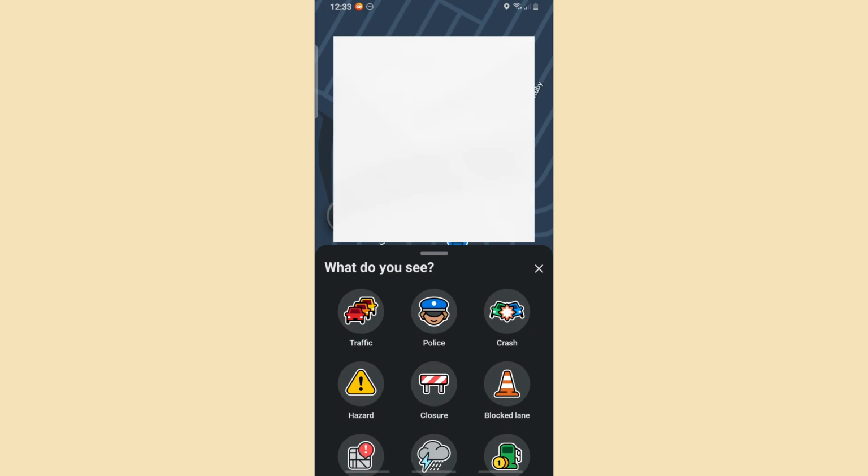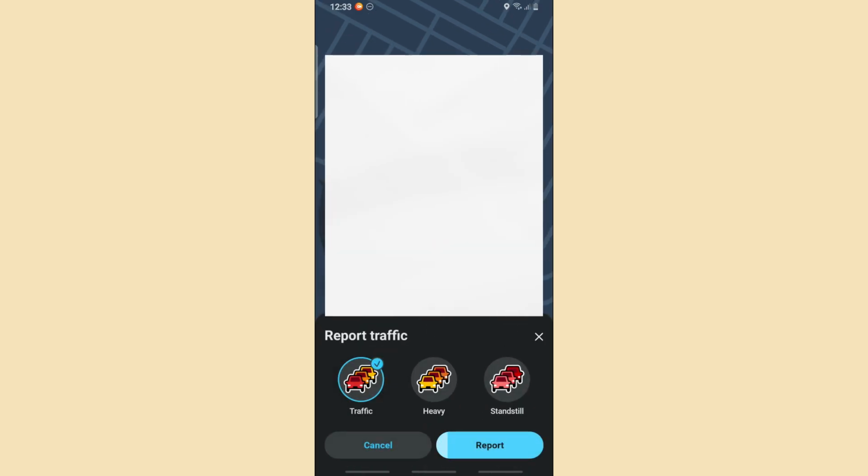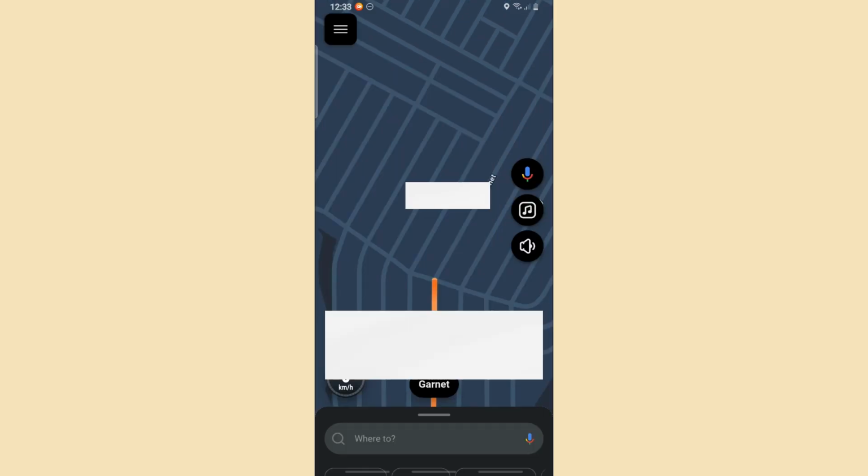What do you see? And you can just simply select traffic from the options. And now from here, you will have multiple options, whether the traffic is heavy or just usual traffic, or you could go for standstill. So pretty much you will have three options over here. And right after that, as you can see, we should be able to mark the road as it has